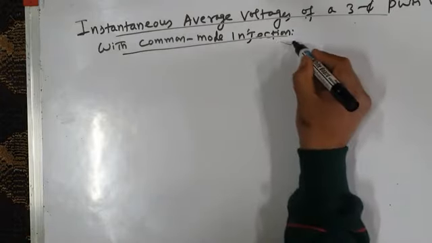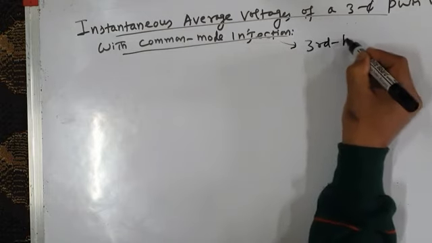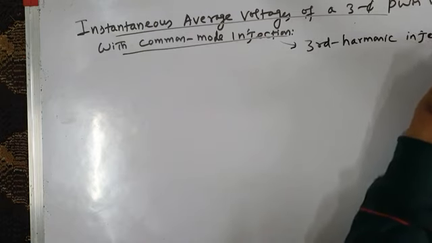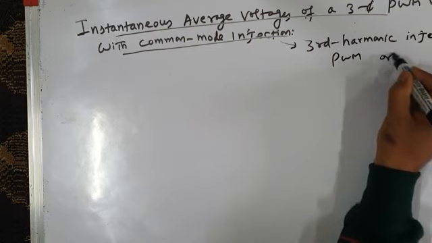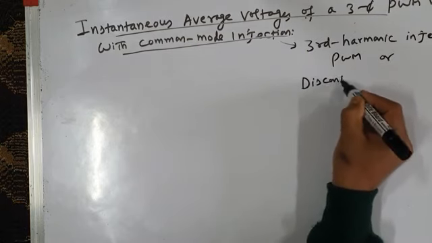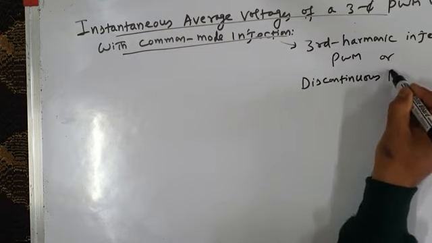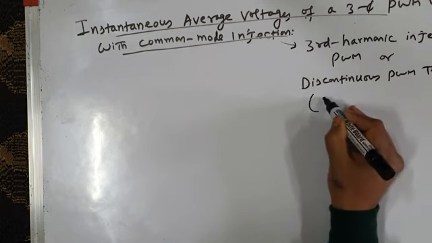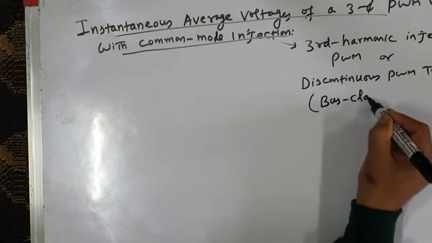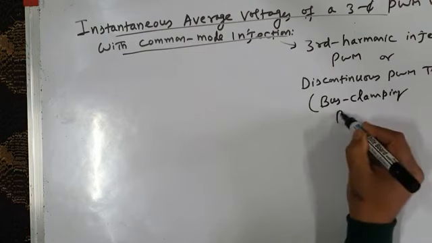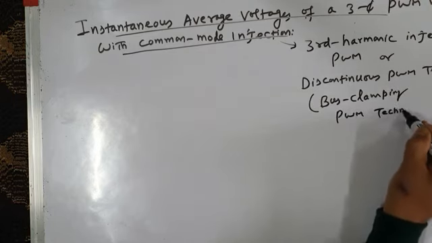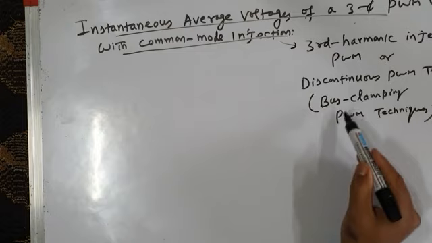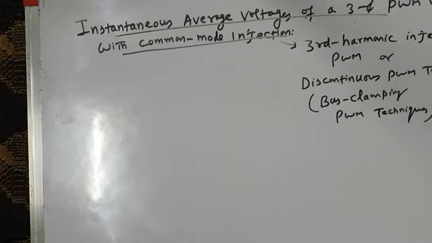When I say common mode injection, it will be the third harmonic injection PWM technique, or it will give a discontinuous PWM technique. Discontinuous PWM techniques are also called bus clamping PWM techniques. So whenever common mode injection is done, either we will get the third harmonic injection PWM technique, or we will get discontinuous or bus clamping PWM techniques. Okay, so